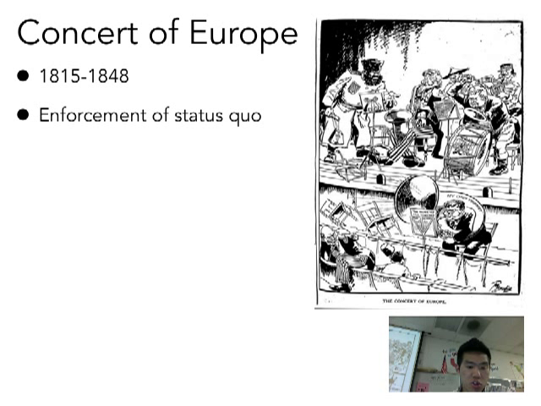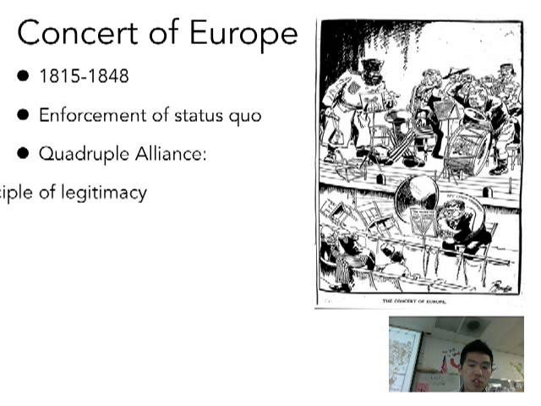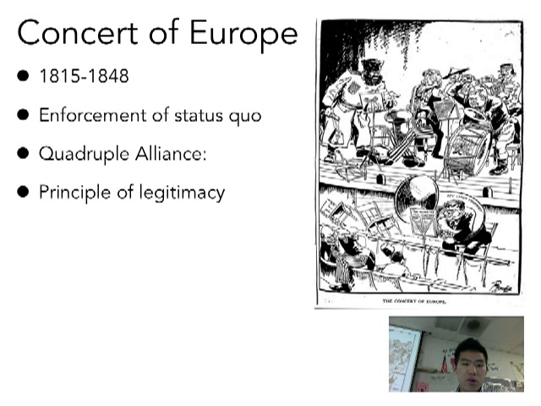Well, one thing to know is that the Quadruple Alliance, BARP, right, Britain, Austria, Prussia, Russia, they are highly conservative, okay, highly conservative. And so if there's any threat to the balance of power, they want to put it down. They want to stop that. What is known as, I wrote that wrong. Sorry, it is not principle of legitimacy. I meant to write principle of intervention. With the principle of intervention,